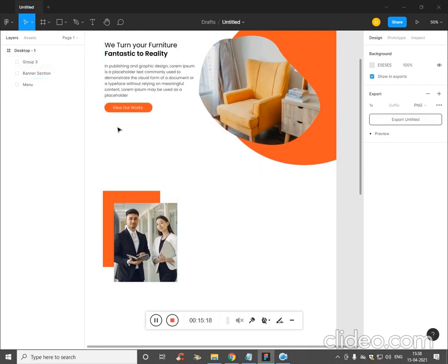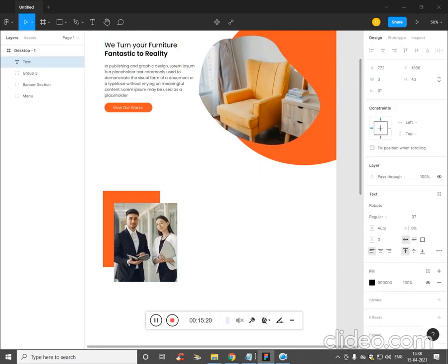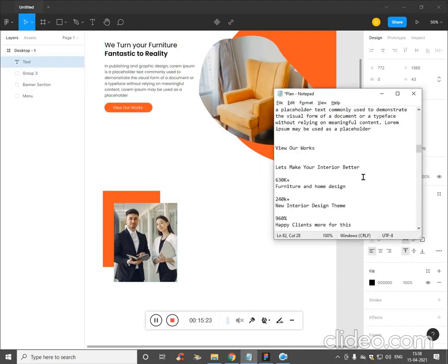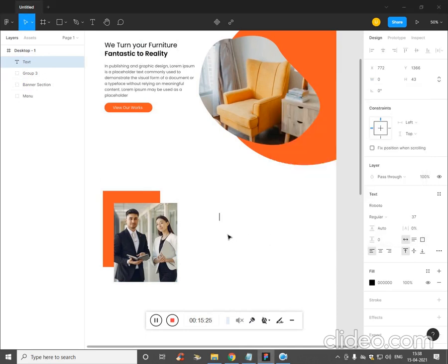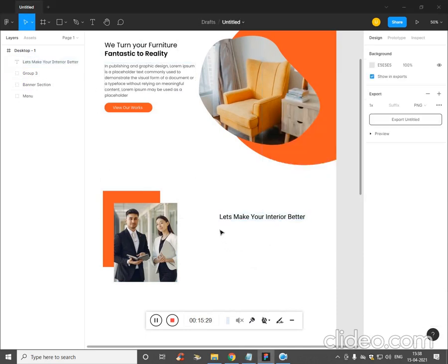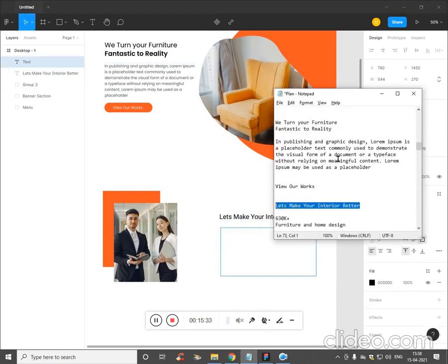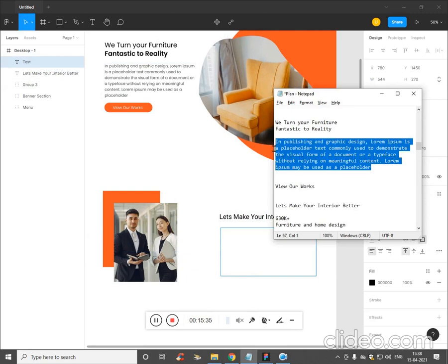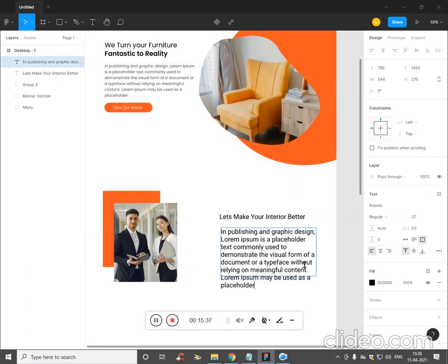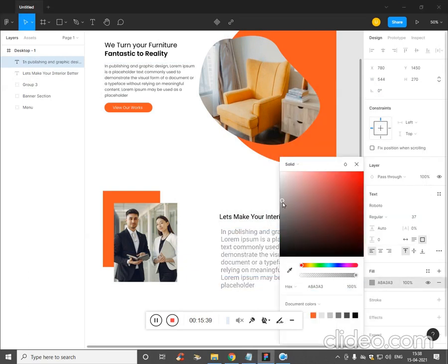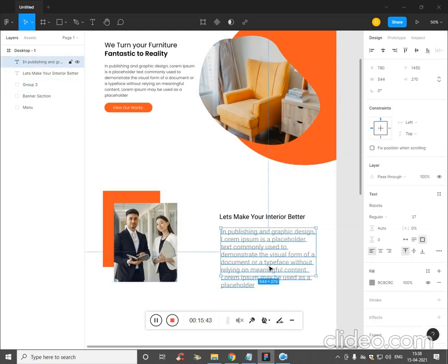Now let's add the text. Type T. Over here we have already written text. Type T again, drag it, and let's decrease the color intensity, and let's remove some of the text.